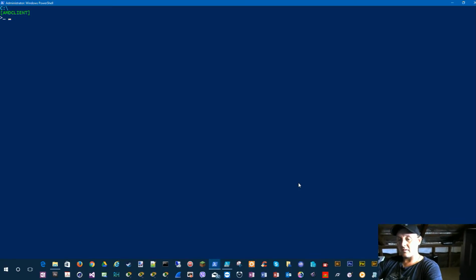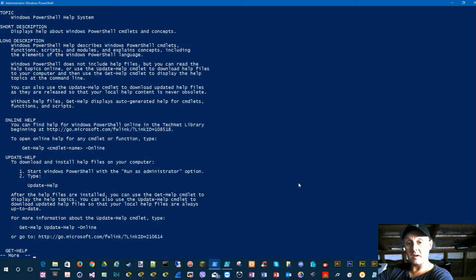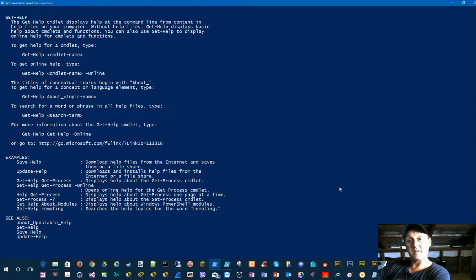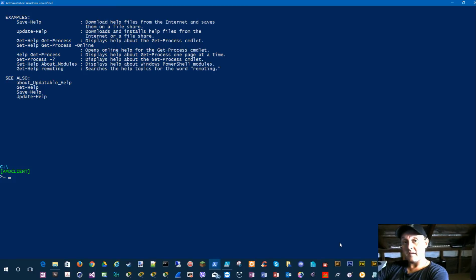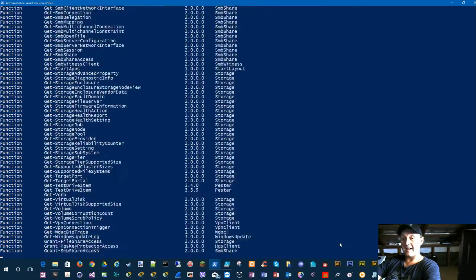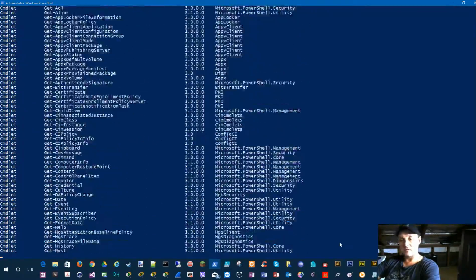want to get your head around how to learn PowerShell, there's a couple of things you've got to do. Number one is keep doing it. Jump on the command line. Run help. Right? Help is the first thing that you run. You go, okay, this is what help is, and this is what help does. The very next command that you need to run is Get-Command. Now, this is all the commands that are on this operating system, right? And there is a help file attached to all these hundreds of commands,